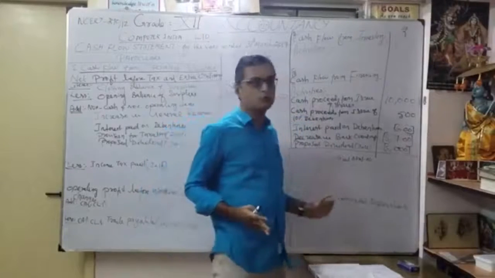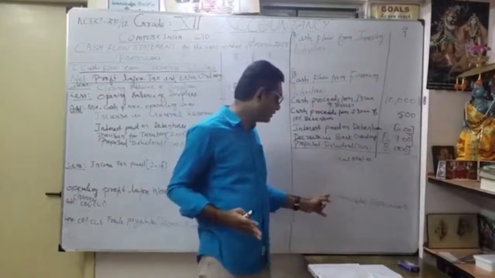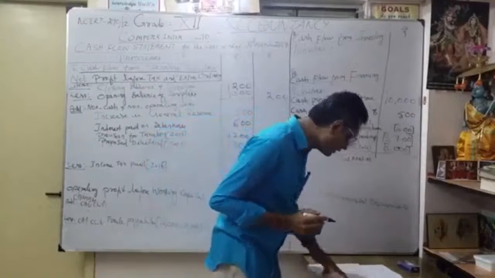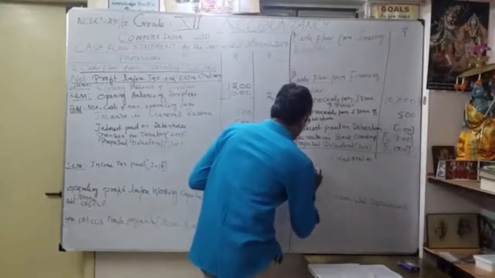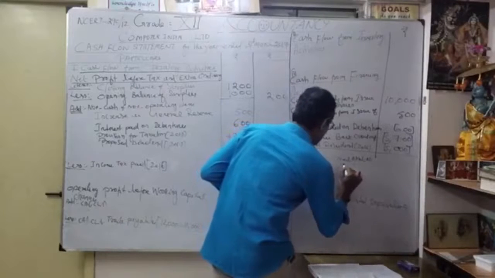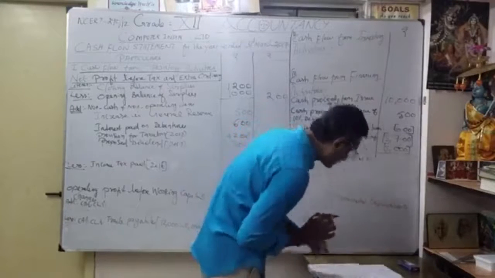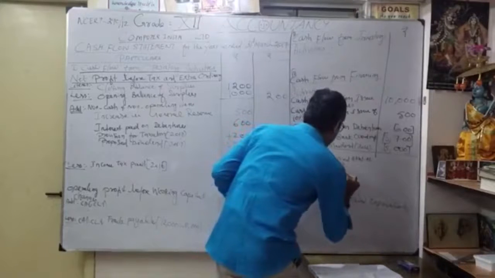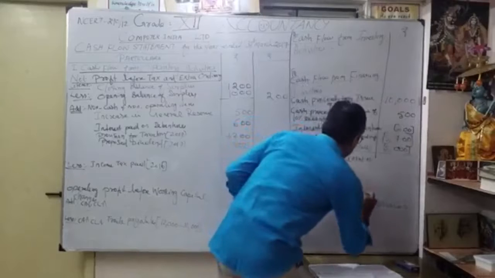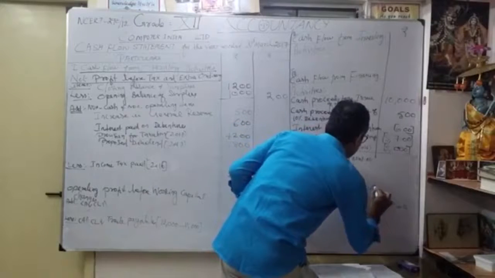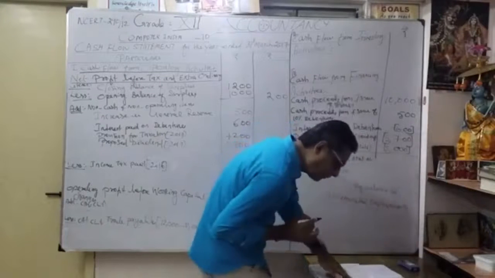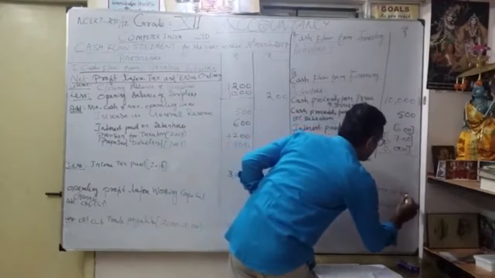Now we want to open 2 accounts. One is the fixed asset account, thereafter the accumulated depreciation account. Okay, now we will see the fixed asset account, how to write? To balance brought down. Put this one. How much have they given? 41,000. That's our opening balance. Similarly, by balance carried out, how much? It becomes 40,000.